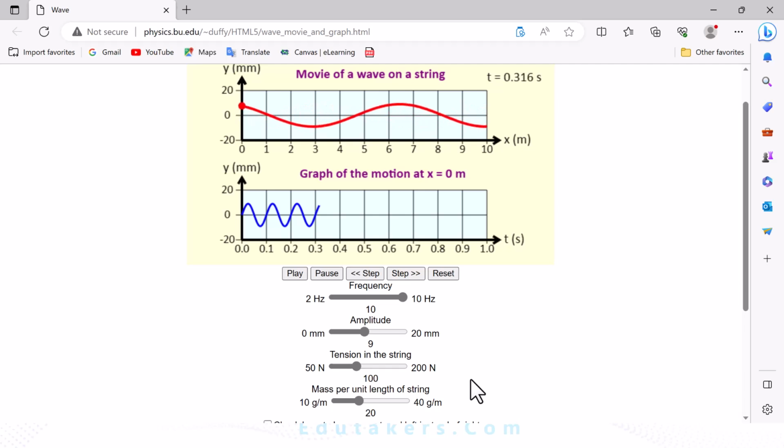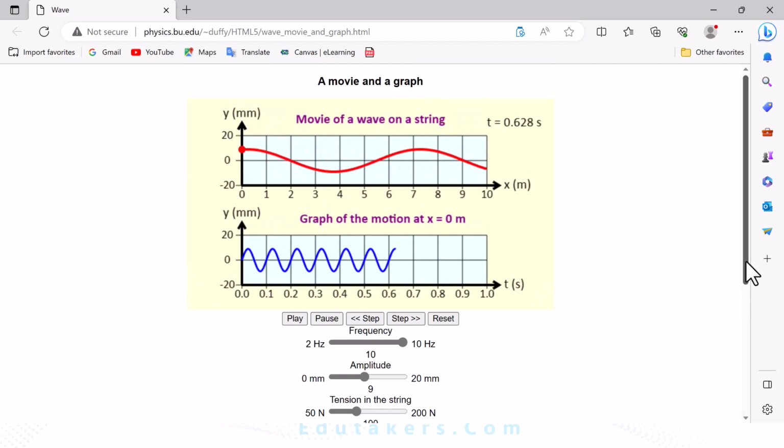Here we don't need to consider the tension as well as the mass per unit length, because you will study about this in the higher classes. So just keep both of these factors and only consider the frequency and the amplitude, then see the effect on the waves that are produced in the string. The wave is moving because the particles of the wave transfer the energy to the next particle, due to which the energy is transferred and it looks like the wave is moving. But actually the wave doesn't travel with the particles of the wave.